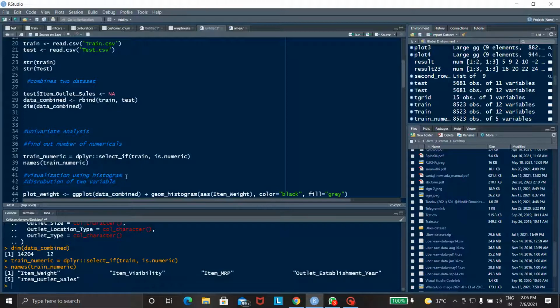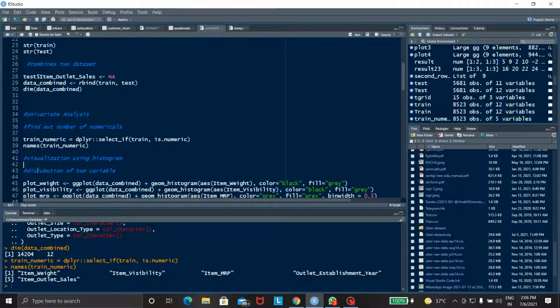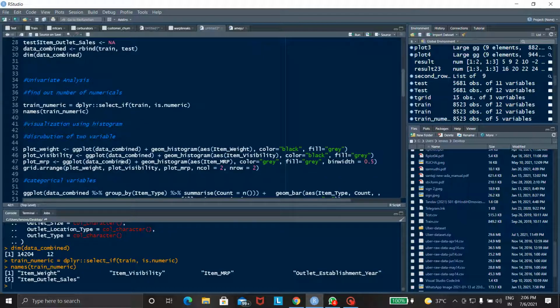The second step is visualization using the histogram. Here we visualize the data using histograms of three variables. First is plot weight, second is plot visibility, and third is MRP.